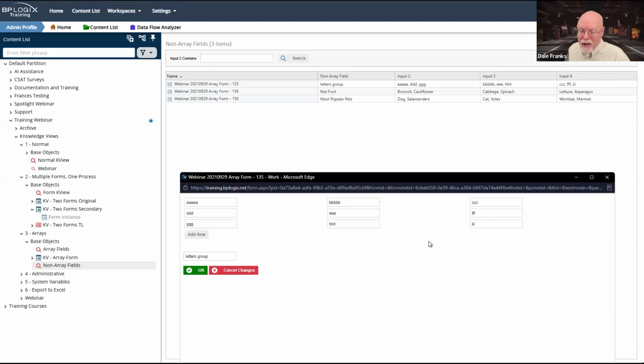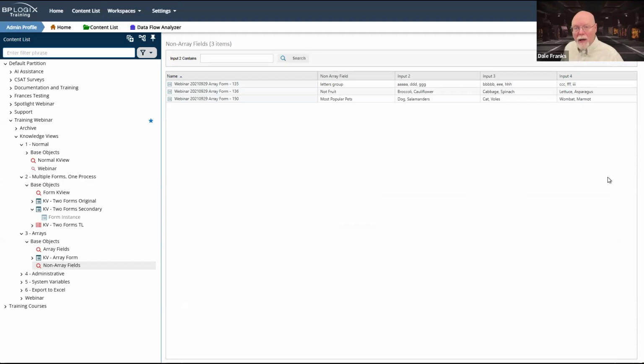Now, the trouble is because this one form has 3 separate rows, all of which have the 3 same form fields, I generally have to split the return of this single form instance 135 up into 3 rows in the knowledge view. Except, just as we saw earlier when I used the form field name to concatenate a single row across multiple forms, I can do the same thing here to concatenate multiple array rows across a single row in a knowledge view. I simply have to concatenate the names by using the system variable for the form field names.